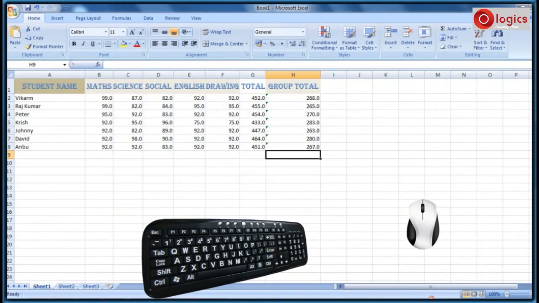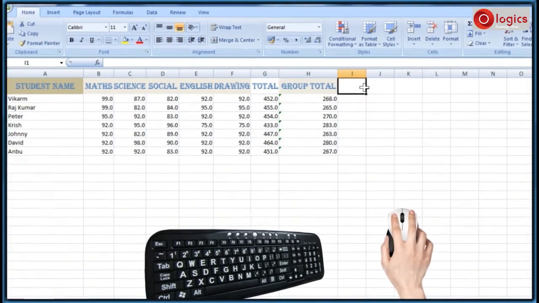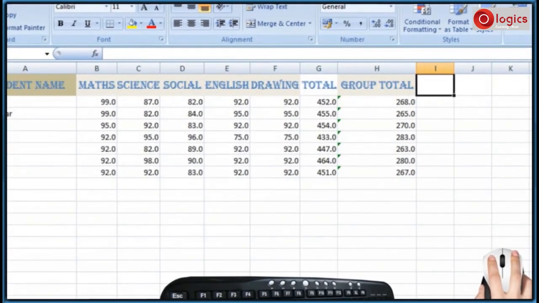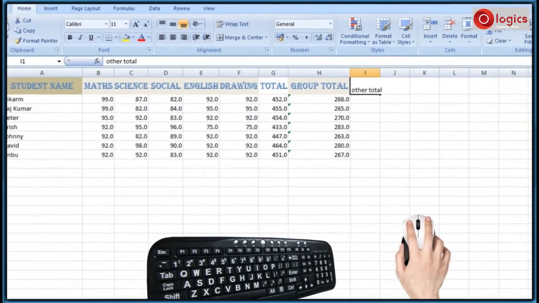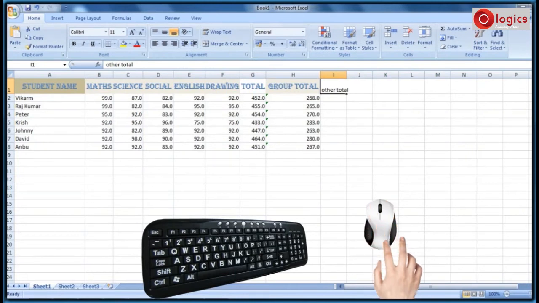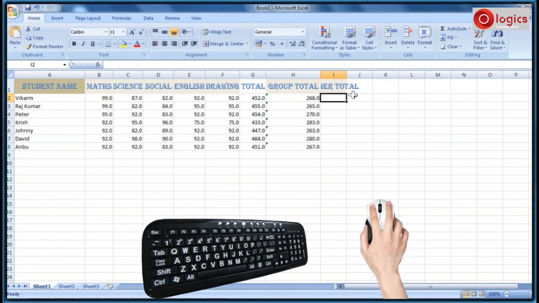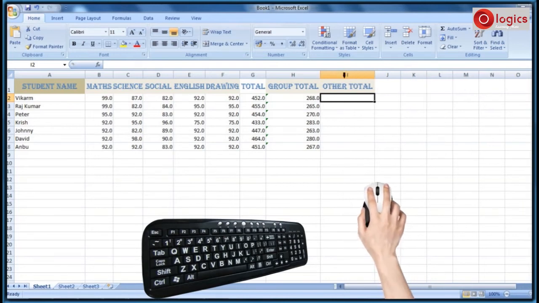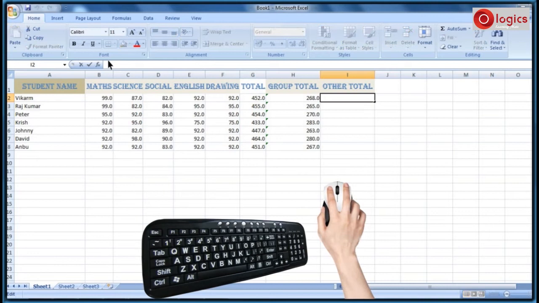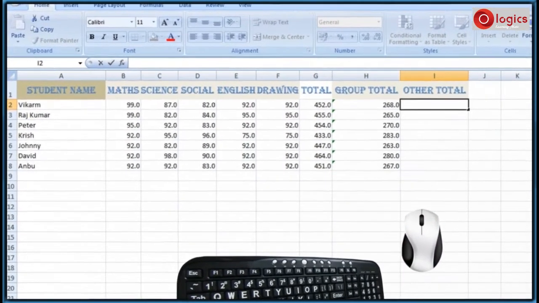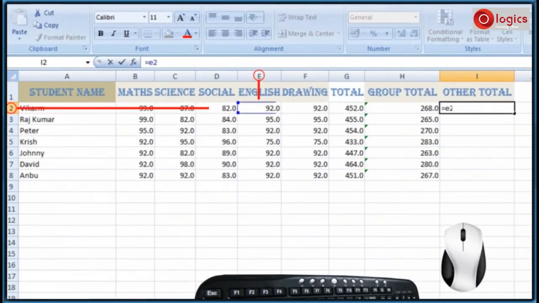Here I am going to add one more column, that is other total. Press enter. Here you can increase the column width. This is the cell E2 and this is the cell F2.